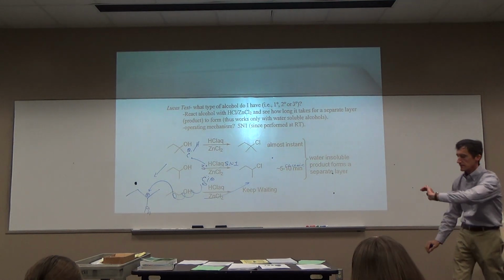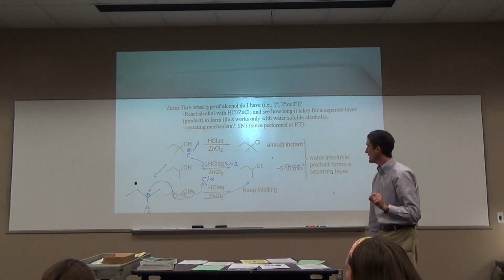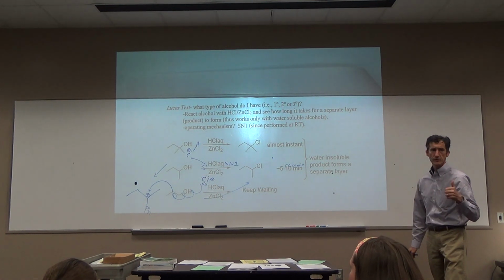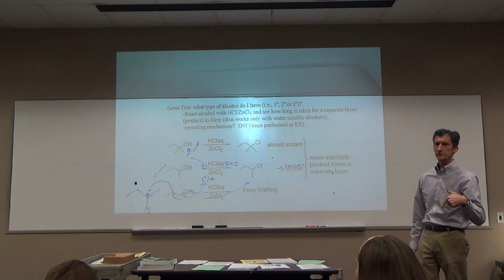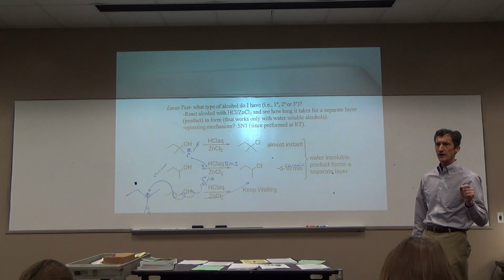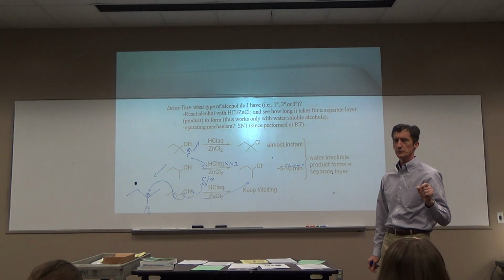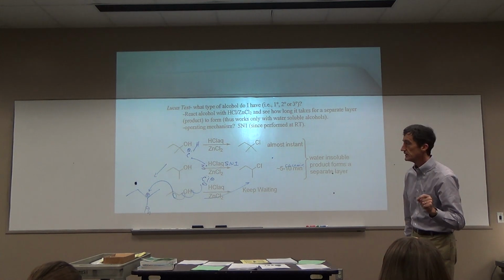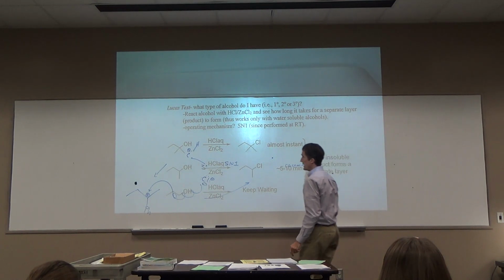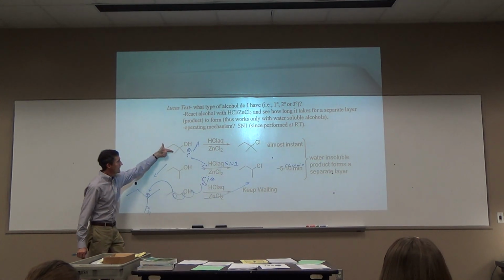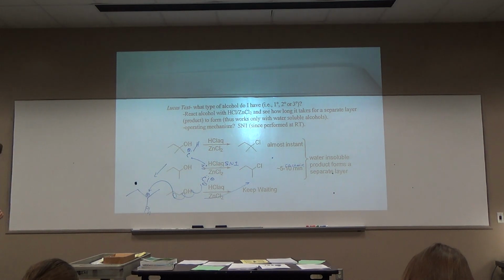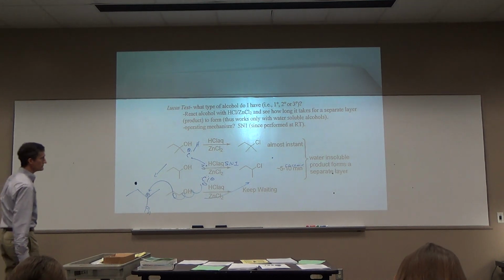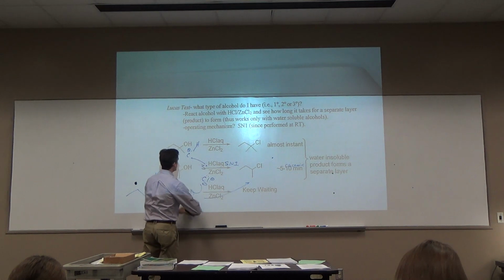Lucas test can tell you what type of alcohol you have, in terms of primary, secondary, or tertiary. Nomenclature we would have pointed out: a primary alcohol is one in which the OH group is on a primary carbon. What type of alcohol is this here? Tertiary. Yes, the OH is on a tertiary carbon, so it is a tertiary alcohol. Lucas test can tell you what type you have. Now the Lucas test